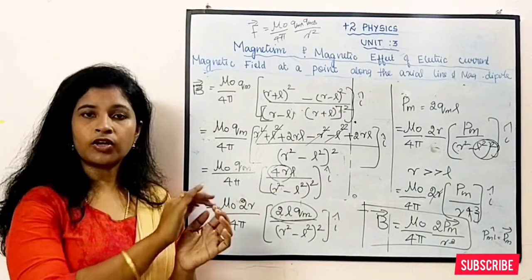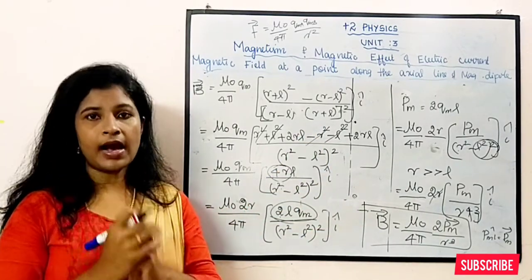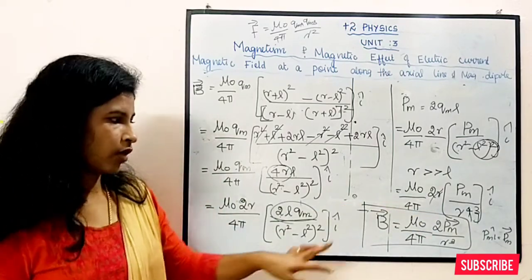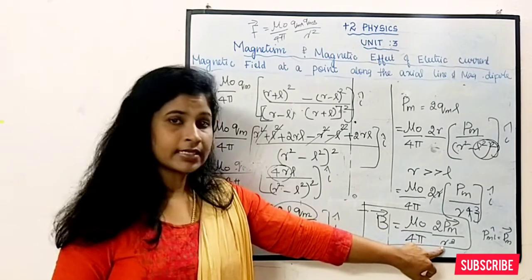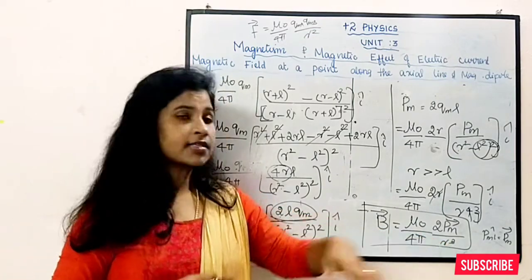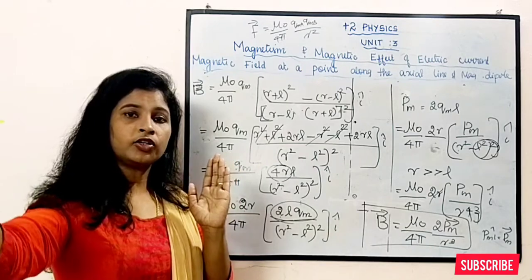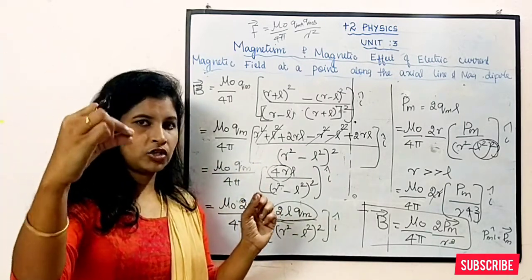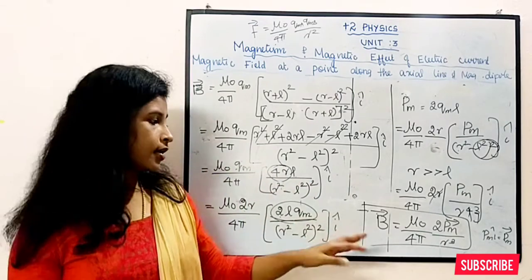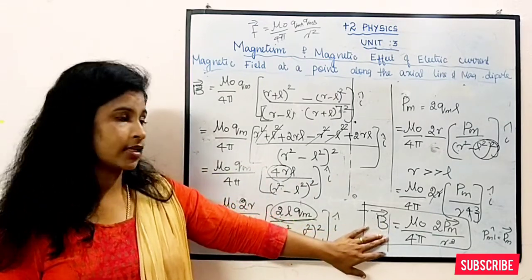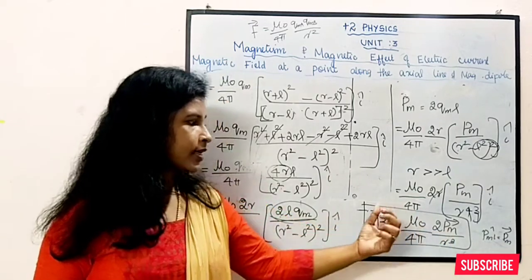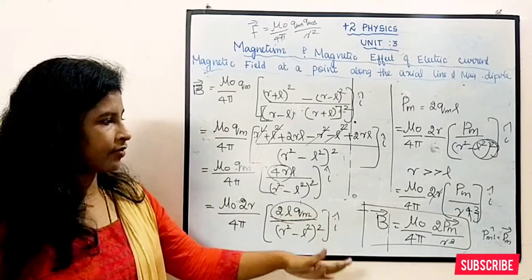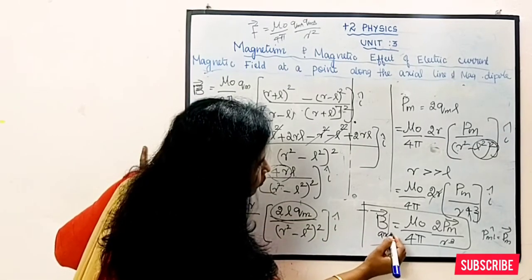Okay, when we calculate the magnetic field on the axial line of a bar magnet, it depends upon all these factors. One is, the magnetic field decreases as the distance from the center of the magnet to that point increases. That is, when we place a north pole at a point, as the distance of that point increases, the magnetic field decreases. Okay, as the dipole moment increases, your magnetic field will also increase. So this is the magnetic field at the axial line of the bar magnet.